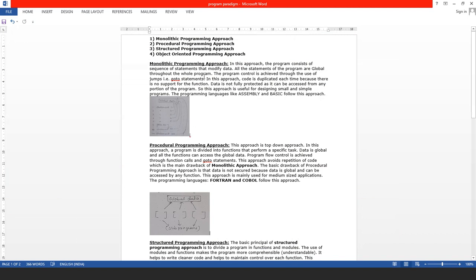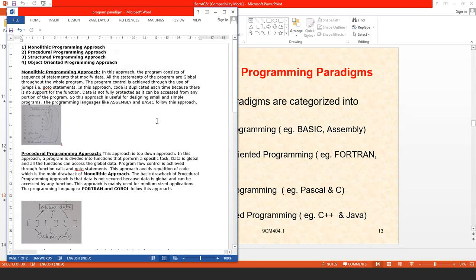If you observe this monolithic programming, in this approach, the program consists of a sequence of statements that modify data. In the diagram, this is the global data, and it has a set of statements, in this case 100 statements.